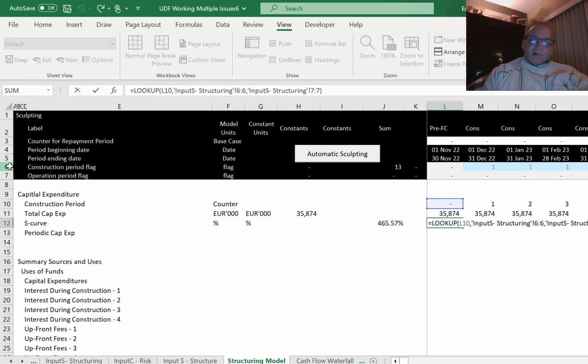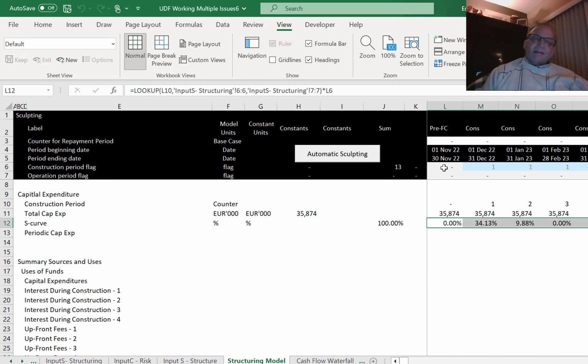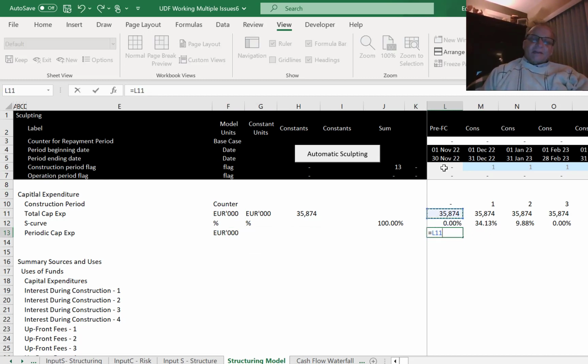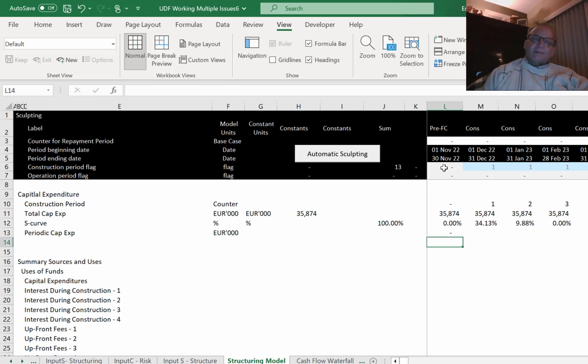And I didn't multiply this by the construction flag, which I should have done, because sometimes what happens is you get some stuff at the end. You can see how important the sum function is. And then we can put our periodic capex in, and this time we only really have this one. And so we'll just multiply this out, and that's our starting point. And okay, and I'll put Shift Control V. And then now up here,